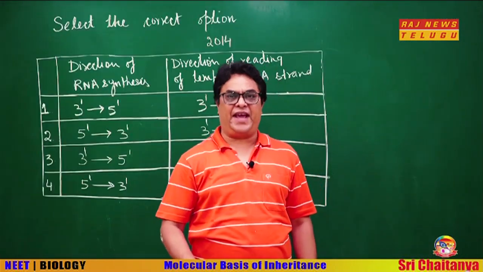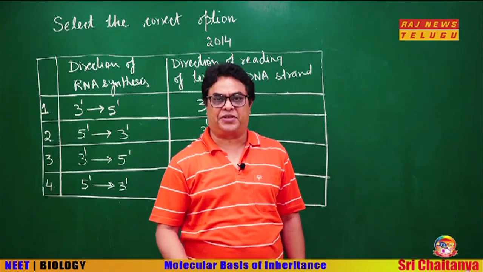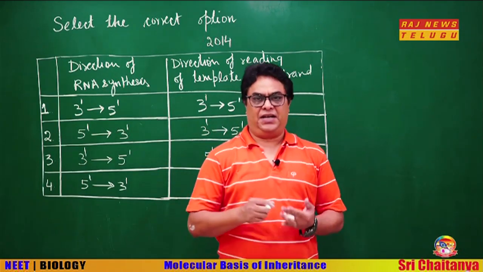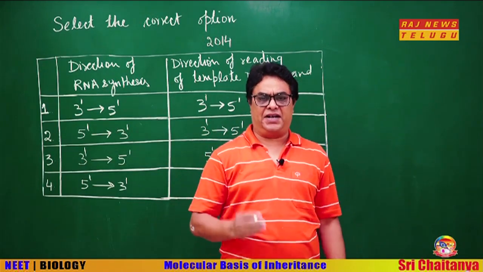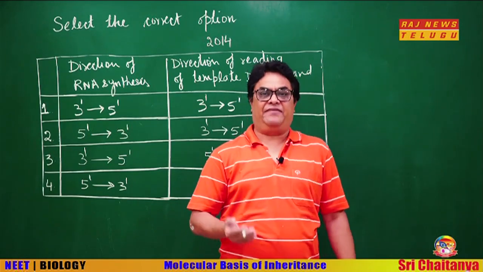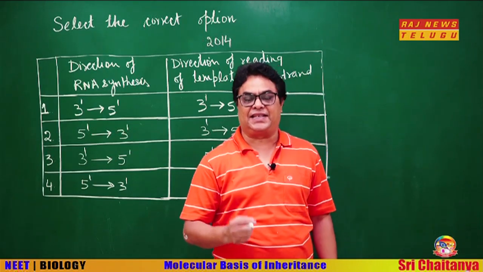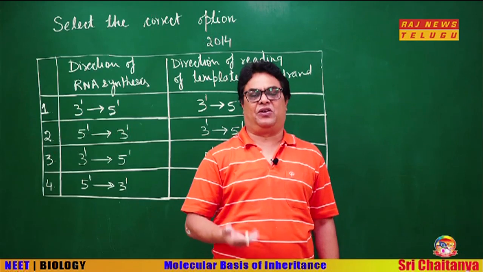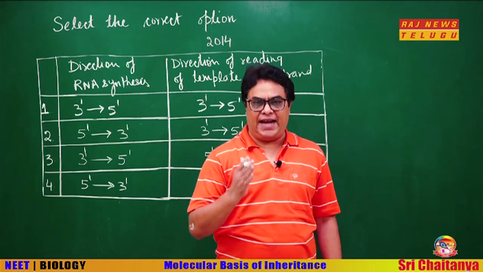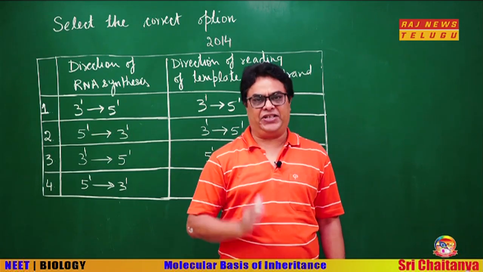So, students, we have seen the various requirements for the transcription process. We require a transcription unit, then we require a DNA dependent RNA polymerase enzyme, and we require ribonucleoside triphosphates as the substrate, and of course they will also function as the energy source. Okay, it will be ATP, UTP, CTP and GTP.